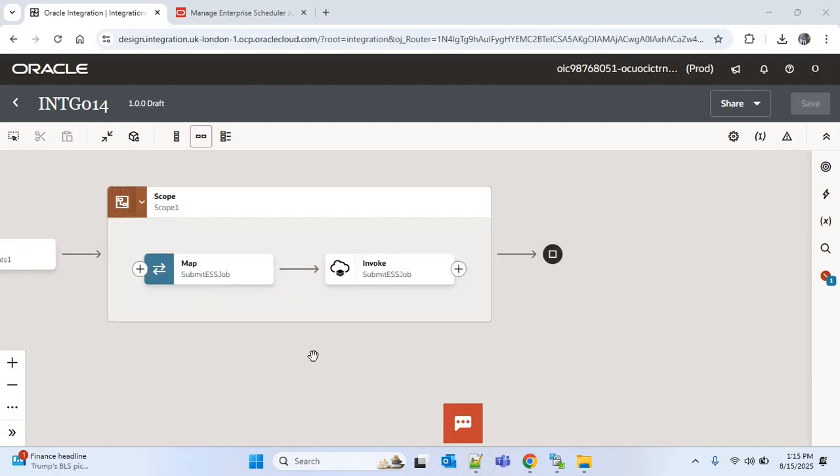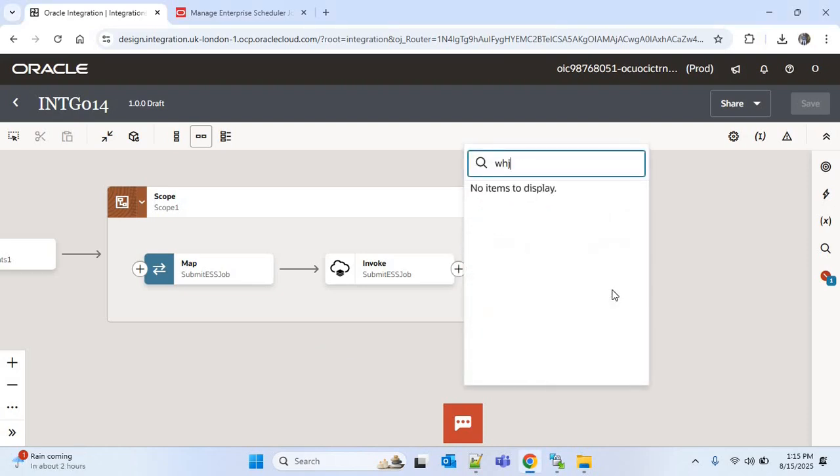So to implement this, we'll add a while loop, and within that loop, we'll check the job status, and the loop will be iterated multiple times till the completion of the job. So I'll click on the plus icon and I'll search with while. I'll select the action while,